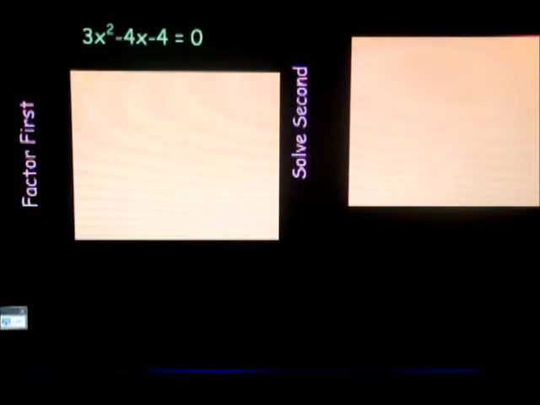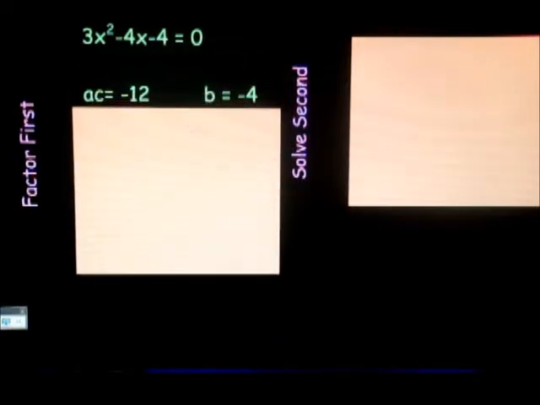So our first step is the same. We want to do 3 times negative 4, and we get negative 12. And we want to add up to our b, which is negative 4. So since we have a negative AC, that means one of the values is positive and one of the values